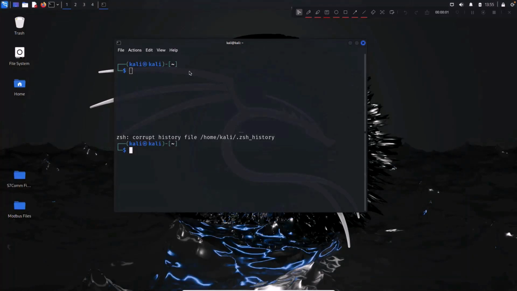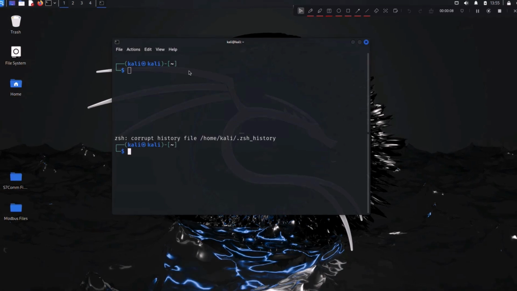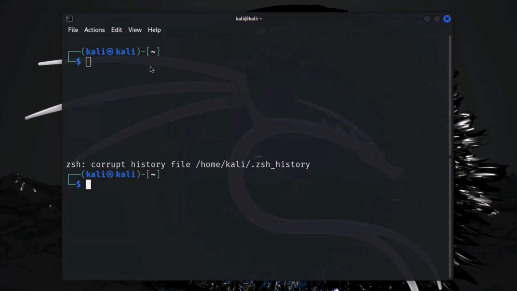Now we are going to emulate a PLC running the S7 protocol by using a Python program named Snap7. First of all, go to your Kali terminal. I have split the terminal here horizontally just to show you the connection between the client and the server. Alright, so let's start with the sudo command of